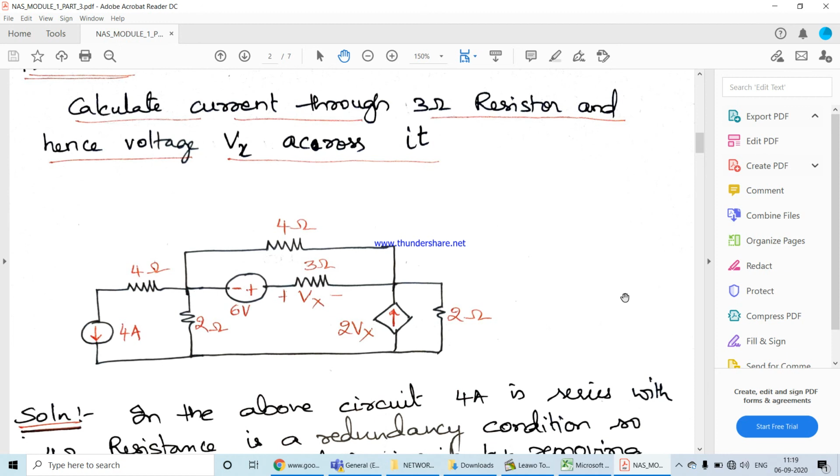Okay, so how will we do this? How can we solve this particular problem? I hope in the previous video I told you repeatedly to look for a redundant condition in any given network in the beginning. If there is any redundant condition in the network, first try to remove it, and then continue solving the problem. I'll give you 10 seconds. Can you think what the redundant condition is that you find here?